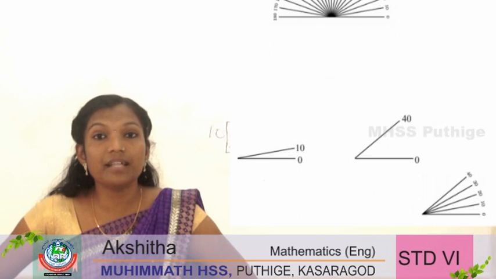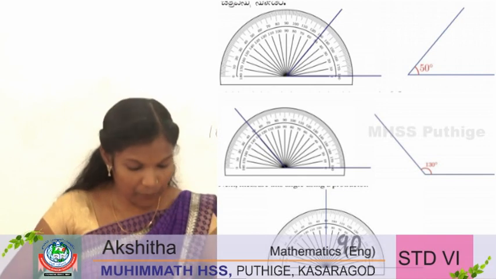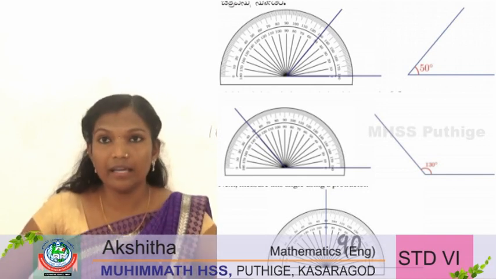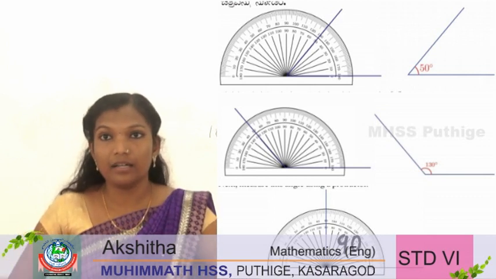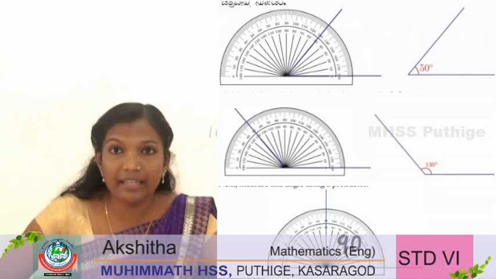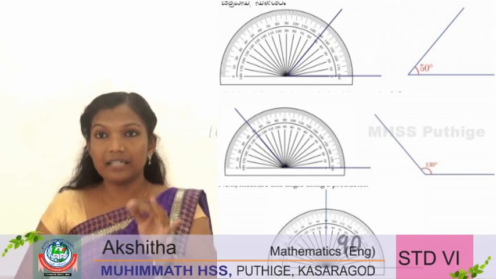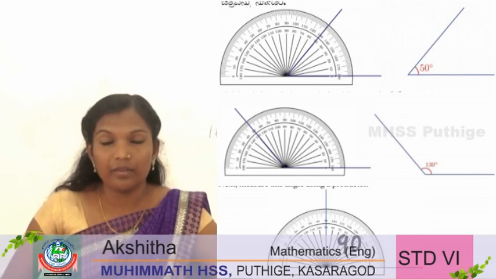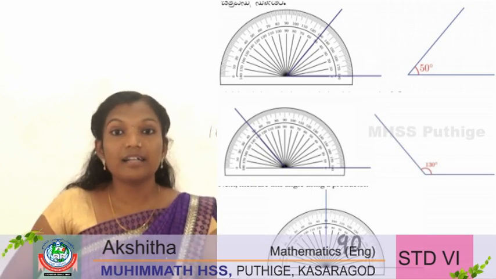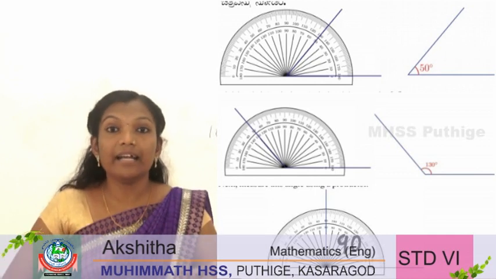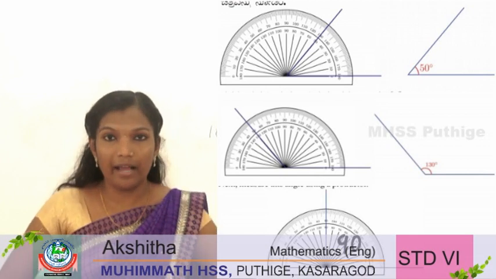Okay, how can we measure the angles by using protractor? See the picture. In the first picture, you can see 50 degree angle. Note that how the angle is marked. First one is 50 degree and the second picture is 130 degree. Mark that it is marked there, it is 130 degree. And in the third picture you can see that straight line. That straight line is also known as right angle. 90 degrees angle is also called right angle.